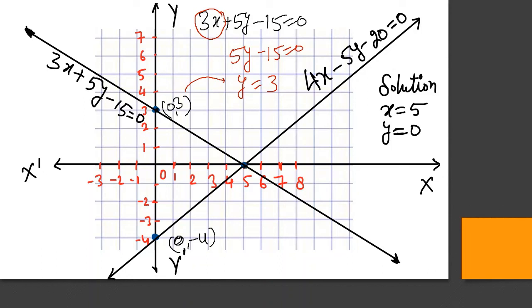And after keeping the value of x, you will find directly the point where this line meets the y-axis. If you want to find where this line will meet the x-axis, you have to keep the value of y equal to 0. So in this manner, you can find the point of intersection with the axis. And I have already described how to find the area of this triangle. I think you will do it.